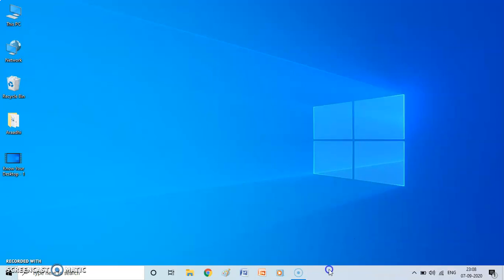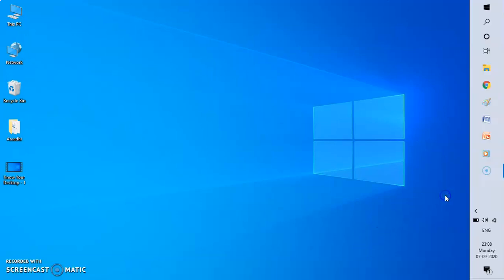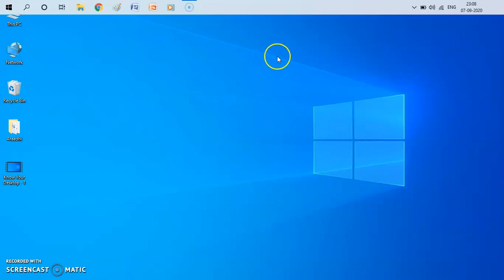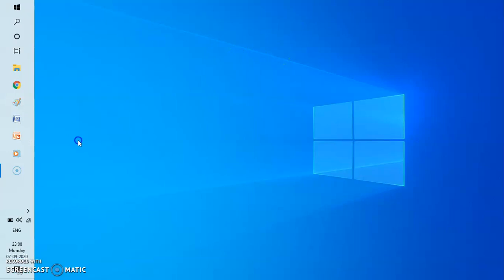Now it is unlocked. Now if I click here on the blank part of the taskbar, in the empty part of the taskbar, I just have to left click, and if I move it, I can move it here. So it came on this right side now. If I want to take it to the top, I have to do this again. It went to the top. If I want to go it back to the left side, I can do that. So wherever I want to keep it, I can move it with the left mouse key.